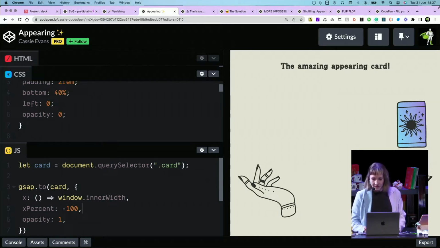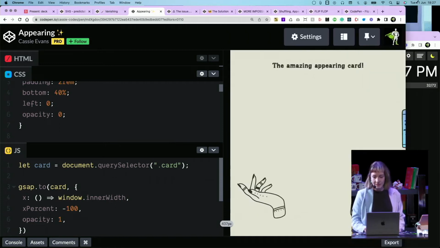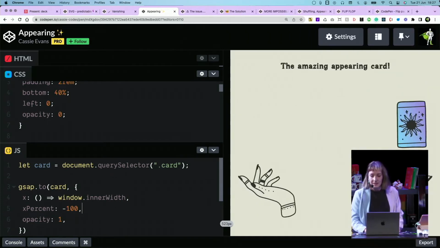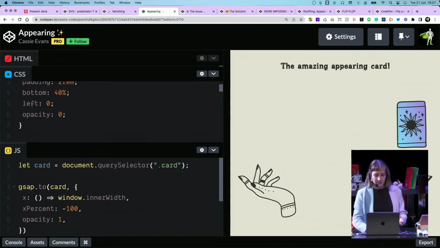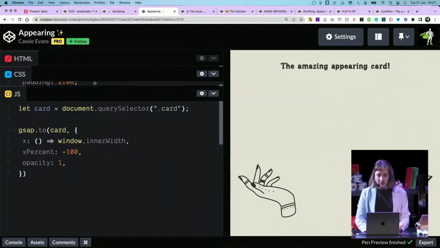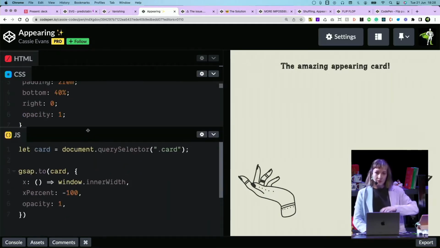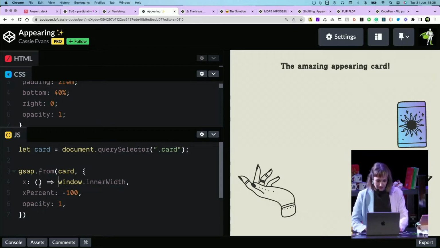But the annoying thing about this is it's not in the right place in the DOM. So if we resize the screen, it's just there because of transforms. It's not actually in its proper position. So the best way to animate things in is to put the element in its final position in the DOM and then animate in from transformed values. So we're going to say animate in. Let's do viewport widths.